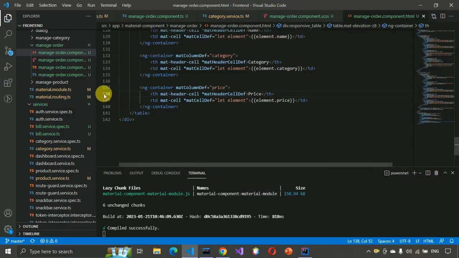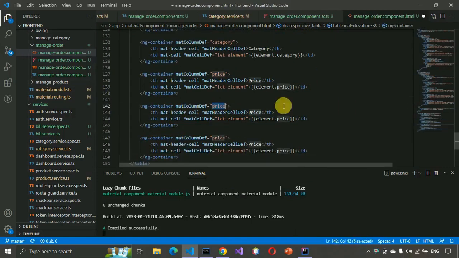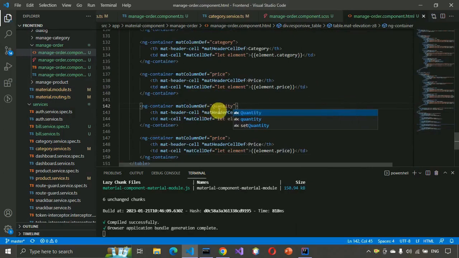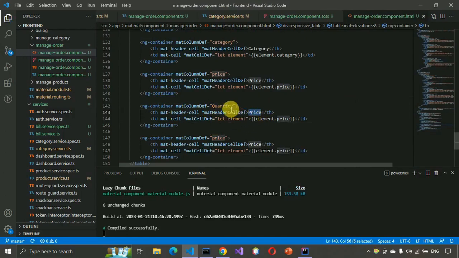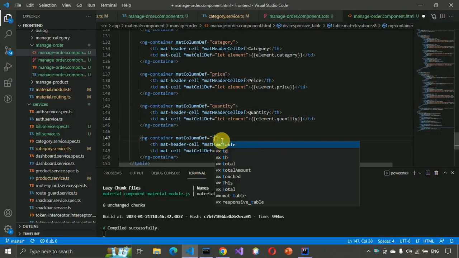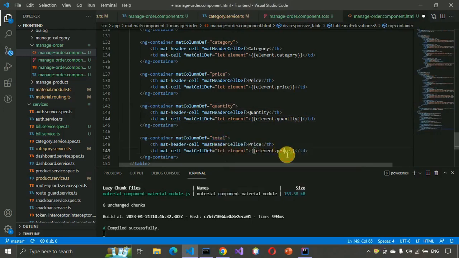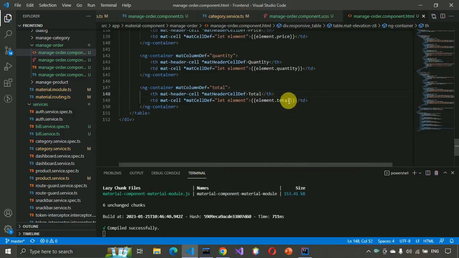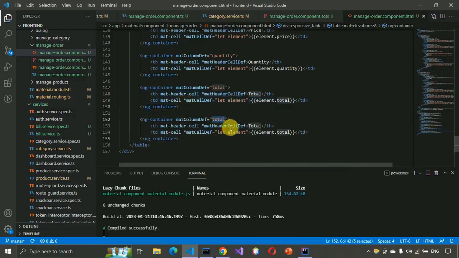After price the next will be quantity. Copy this, paste it over here one more time, and the price changes to quantity, and here we need to change to quantity, and it should be small, I think, yeah, and here we just need to paste this one. And after quantity the next will be for total. I'm going to paste it over here, also change this one, T should be capital, and at last we also need to paste it over here, and this will be field for edit,